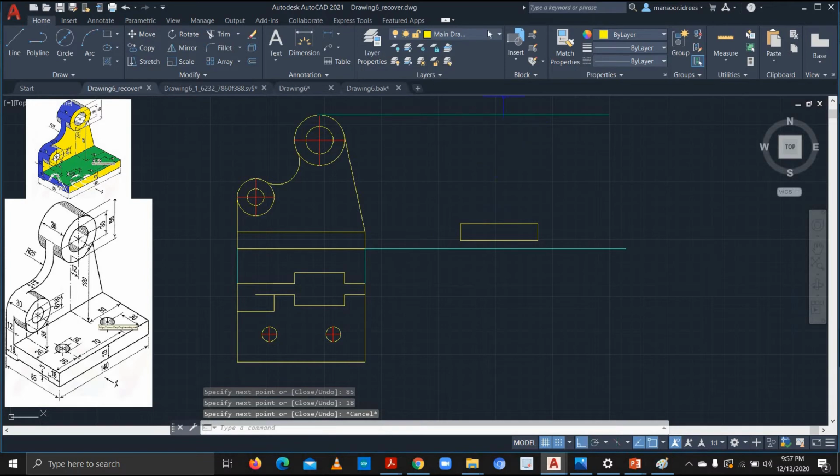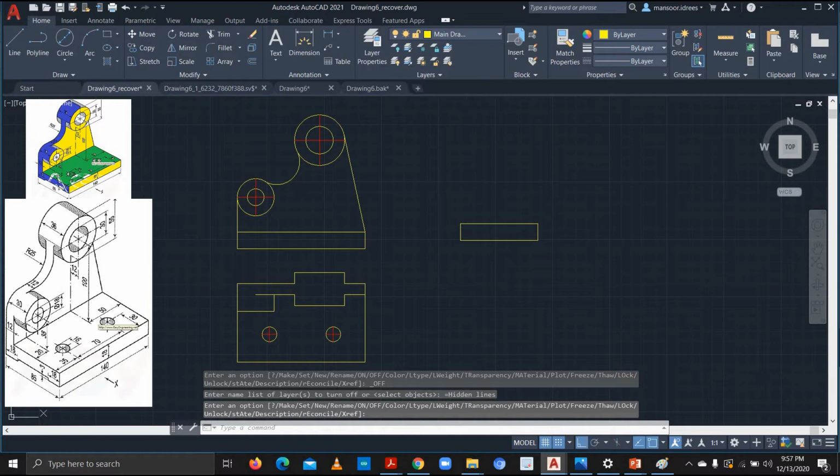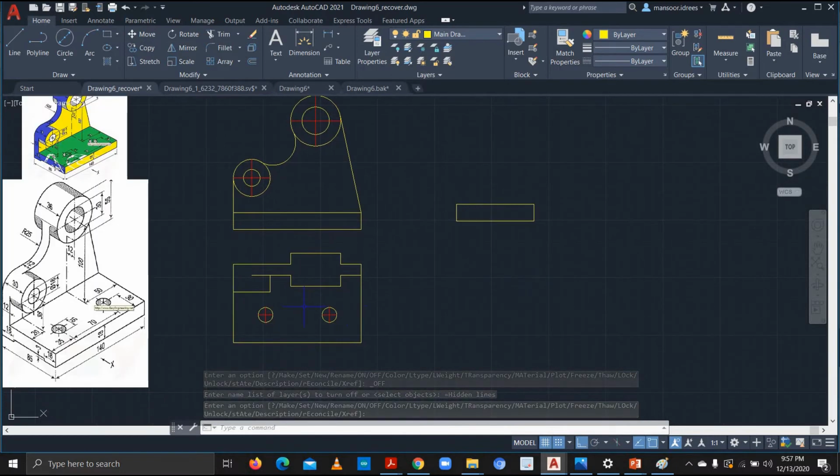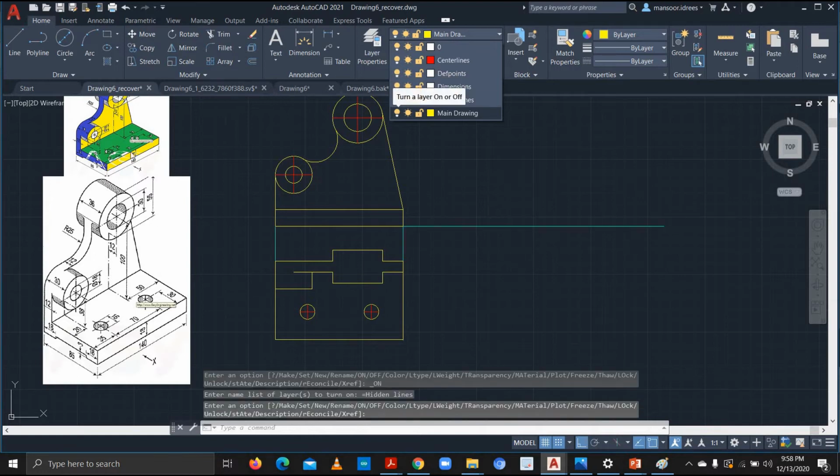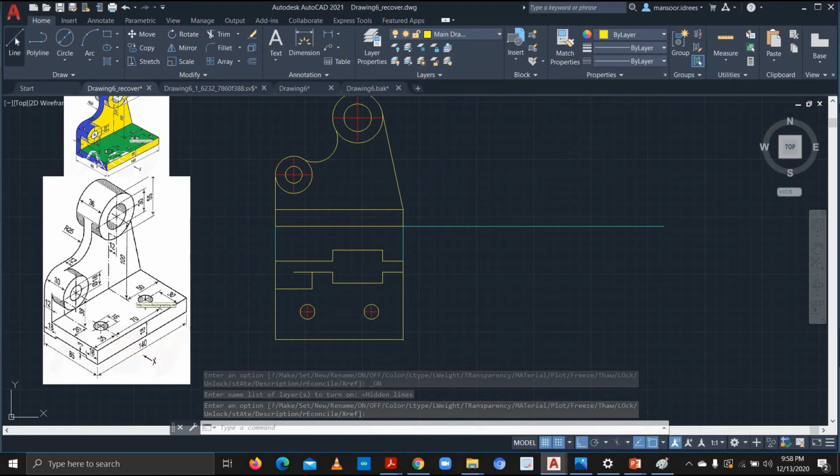Okay, so I'll turn off the hidden line layer so that I can visualize my side view correctly. Okay, you can see that this is not very accurate, so I'll just remove these, because the view should be in line with this line, the baseline. So again I'll turn on my layer and redraw my